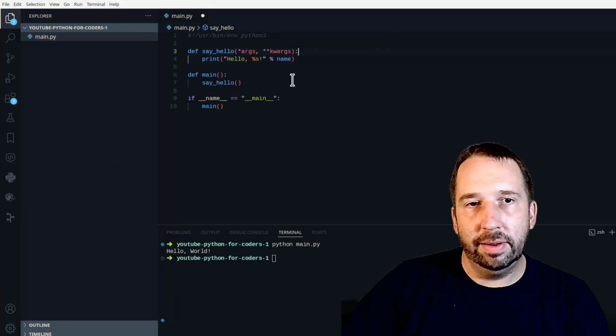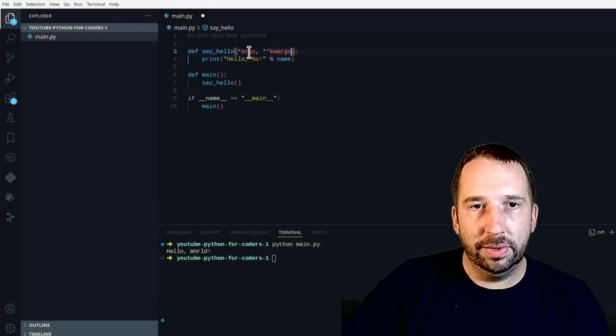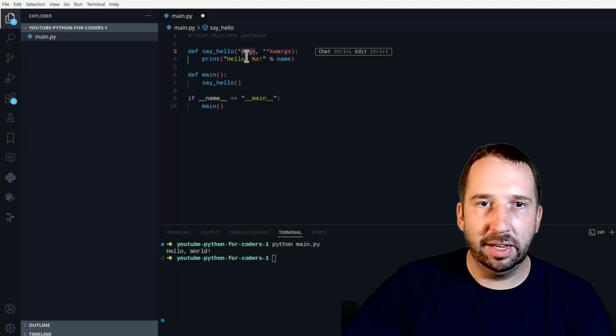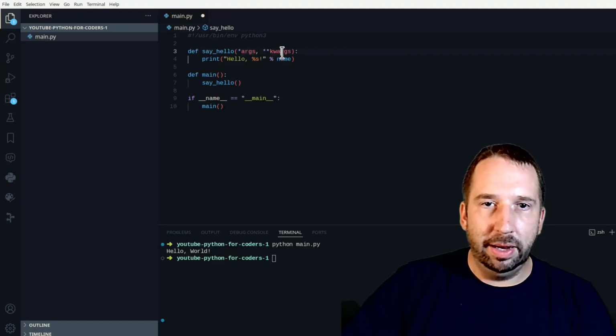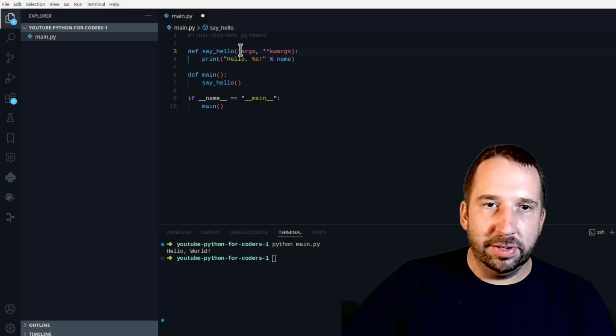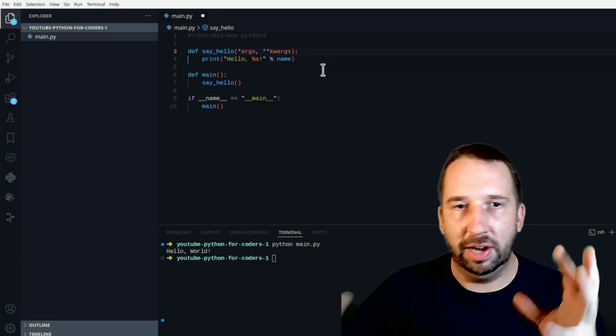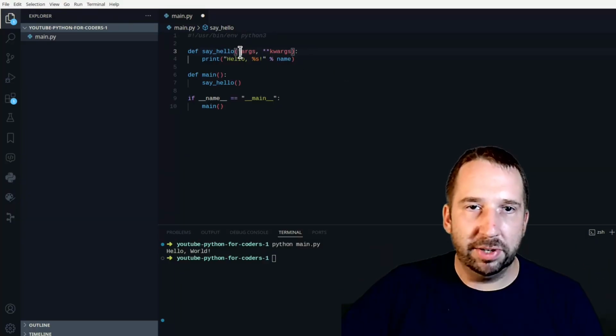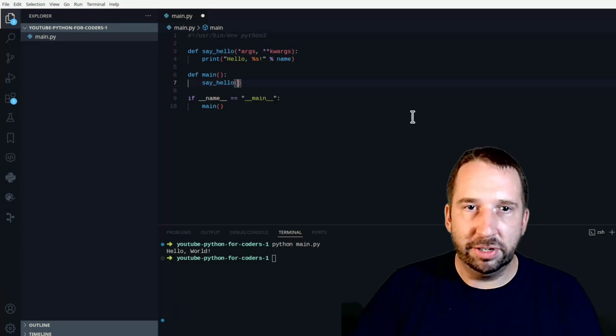So args, I believe, is a list or a tuple. It's a sequence basically. And kwargs is a dictionary. And so essentially within say hello world, if you want to pass in optional arguments and you don't know how many or what they're called, you pass in args and kwargs. So I'll show you what that looks like